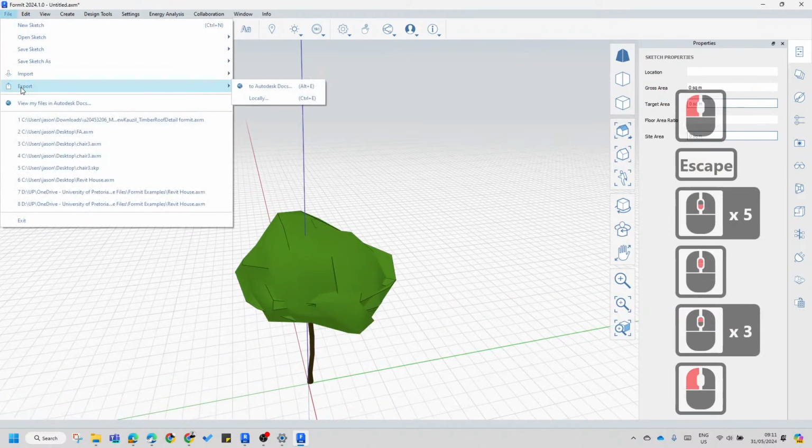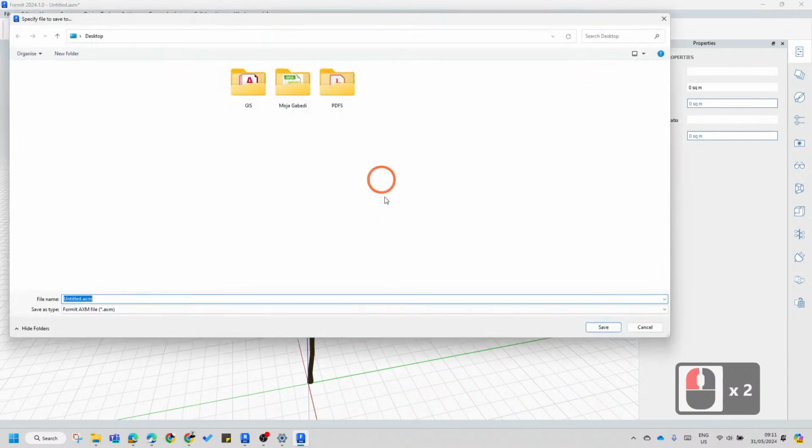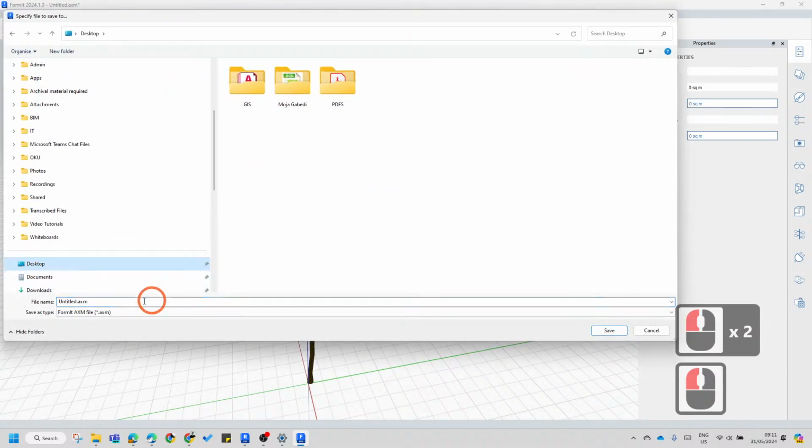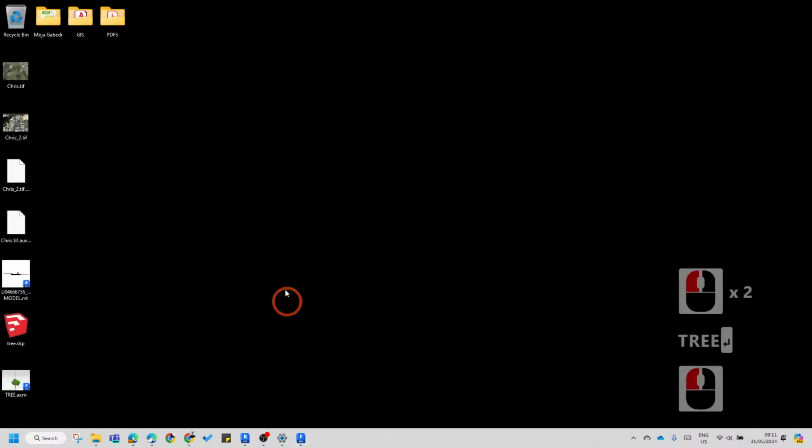Now, if you save this, export. So you're going to save locally. So save sketch, locally, desktop. I'm just going to call this tree. Good. Now, in Revit,